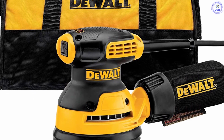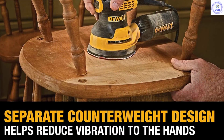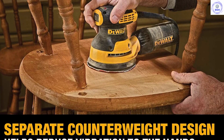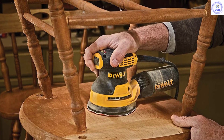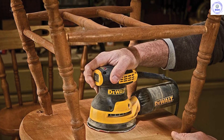The DeWalt DWE6421K is special in its sanding path. The sanding pad moves in a random orbit. This allows for great surface finish and significantly reduces the possibility of streaks forming. It combines the functionality of a belt sander, used for smoothing coarse surfaces, and can still double as a finishing